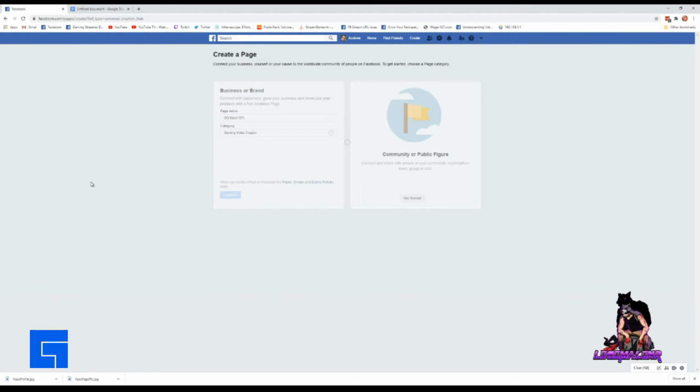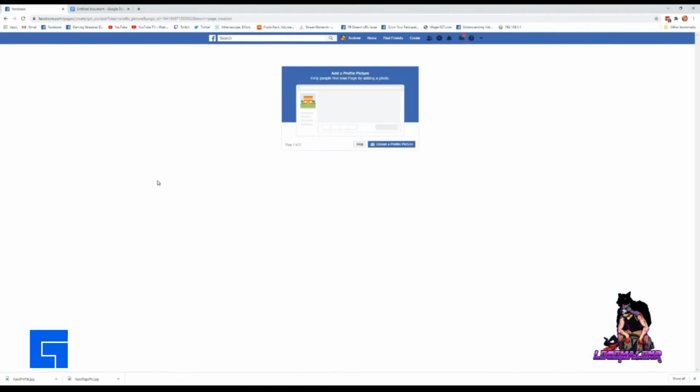And as it creates the page, it'll take a couple seconds. All right. So here, you got a couple steps to do, right? So you're going to do either step 1 or step 2. So it's going to ask you